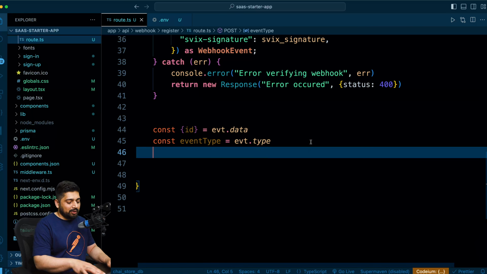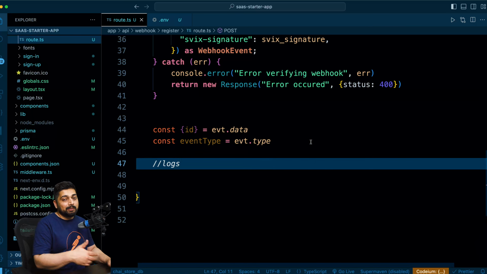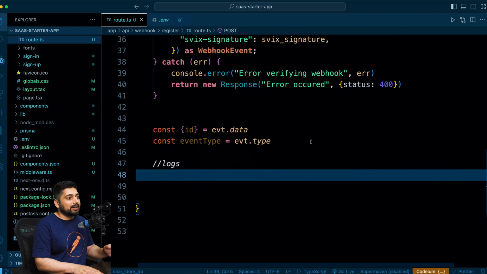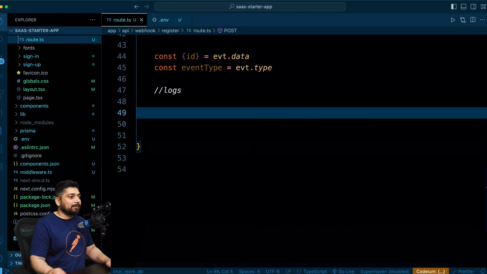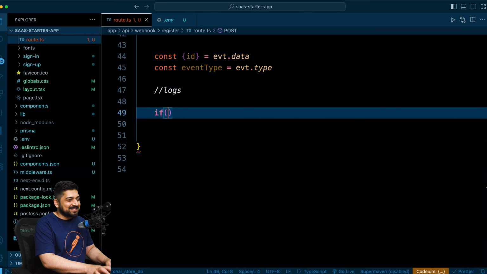All right, so this is the part where you do some console logs. Logs will be super helpful for you in this one, so go ahead and do that. Now let's write robust code which is future proof. It's very simple, it's just an if else. It simply says, hey, if the event type that you are receiving is actually like this,